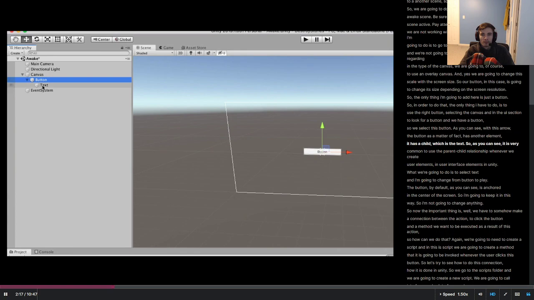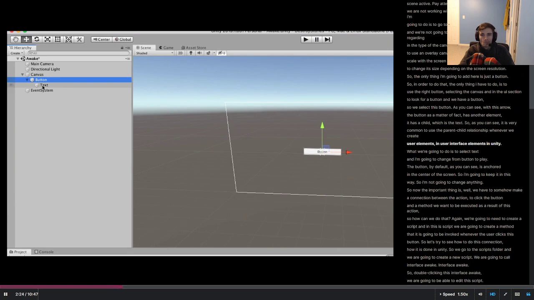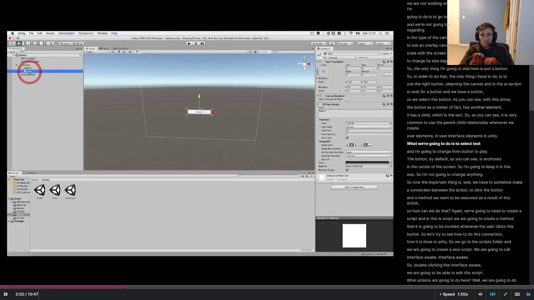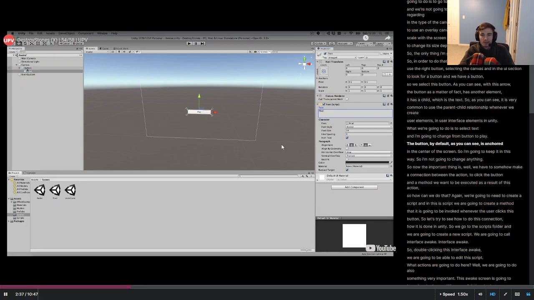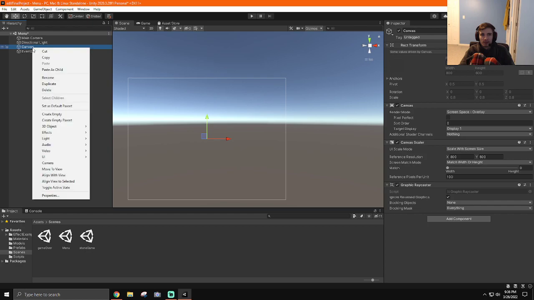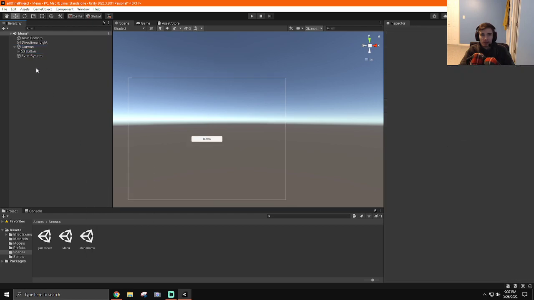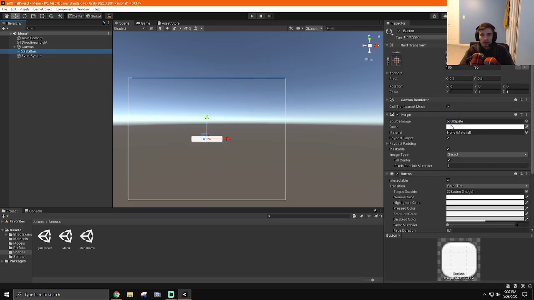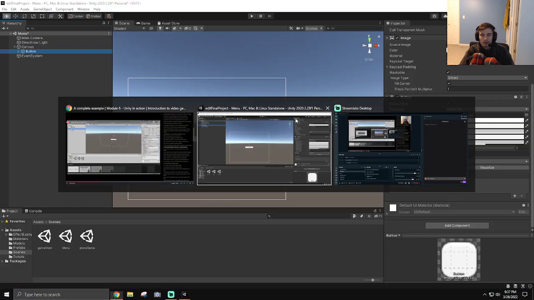So as you can see, it is very common to use the parent-child relationship whenever we create user interface elements in Unity. What we are going to do is to select text and then change it from button to play. The button by default, as you can see, is anchored in the center of the screen. So I'm going to keep it in this way. So I'm not going to change anything. So now the important thing is, well, we have to somehow make a connection between the action to